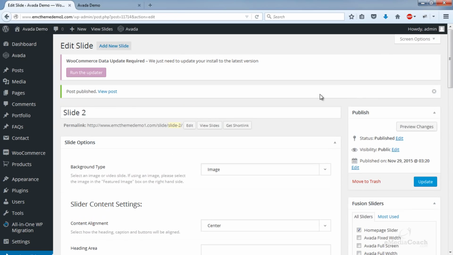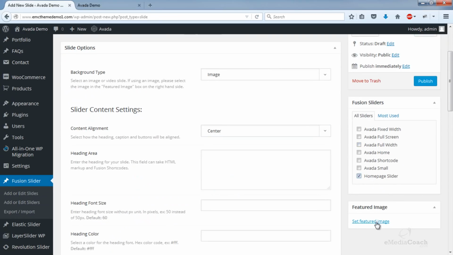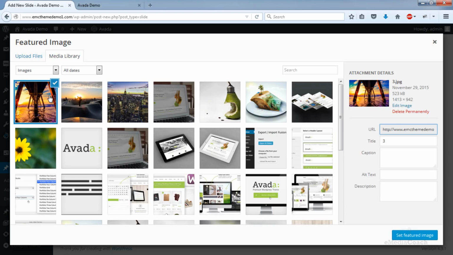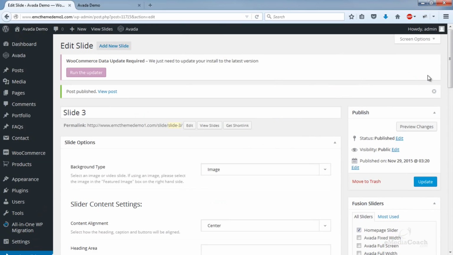And what I'll do is also create a third slider. Okay, so slide 3, and I'll center that one. And publish.